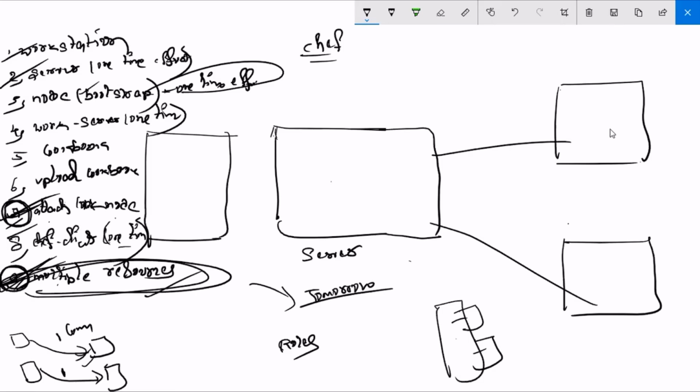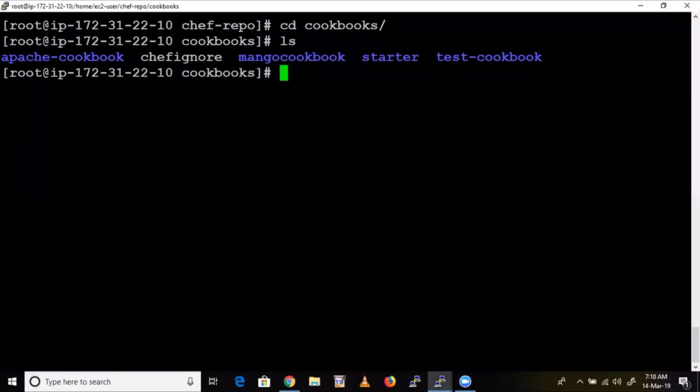Sir, go through this recording. Prepare notes, guys. Write the steps one by one, then you will get better clarity because we dealt with so many things, right? Prepare notes and go through them once or twice. Anyway, if you get any doubts, I am here to clarify them. So tomorrow we are going to see multiple resources. Okay, guys. Thank you so much.